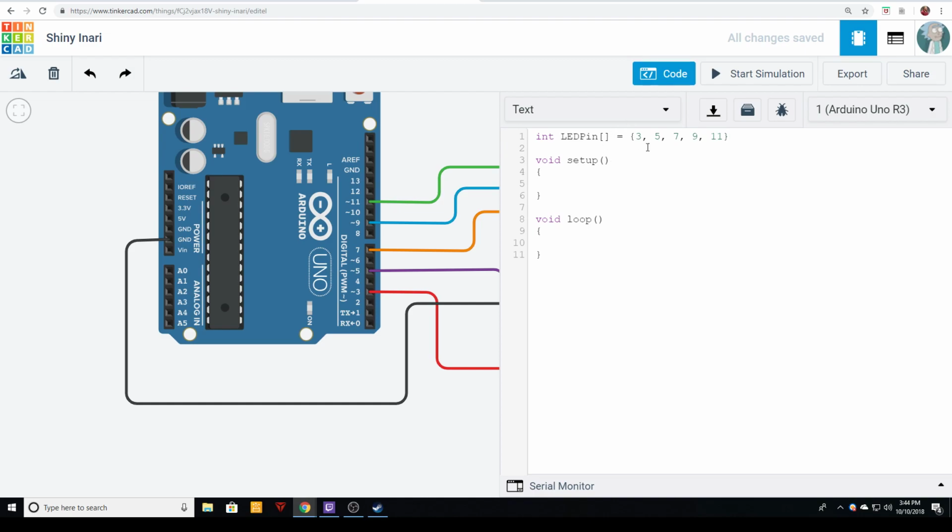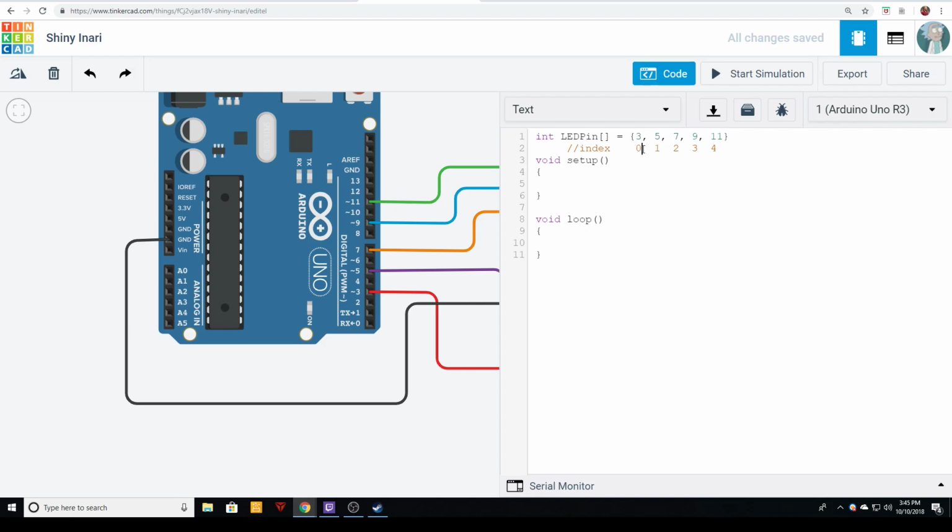Paying careful attention to this now, this is where it gets a little confusing. I'm going to come down here in the comments and make a little comment line. The index numbers, right? That's the important thing to keep track of here for this array to understand the math. Even though these are the things that are stored inside the array, the index numbers for these numbers are 0, 1, 2, 3, and 4. Whenever the computer is using these numbers when addressing the array, they are mapped to these numbers in order that are stored in the array. So index